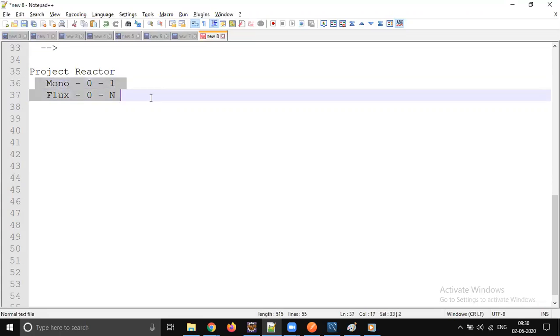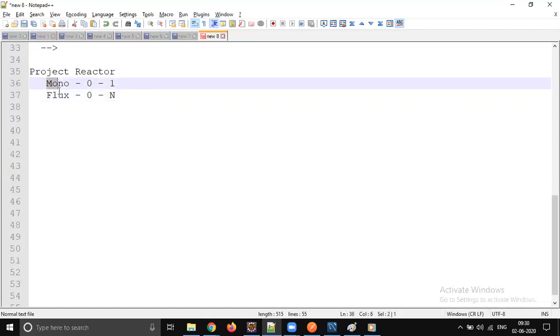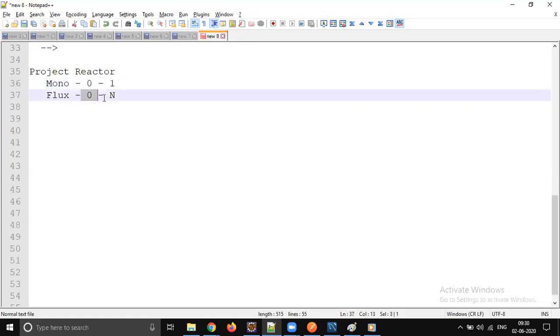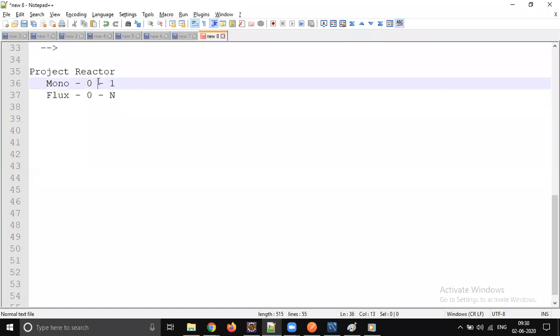By hearing this statement, you might be thinking why we need Mono when Flux can hold Mono's data, because it can hold zero to one also. When it is zero to n, why can't it hold one? Why do we need a separate class called Mono, and why should we waste our time learning about Mono? Any guess?